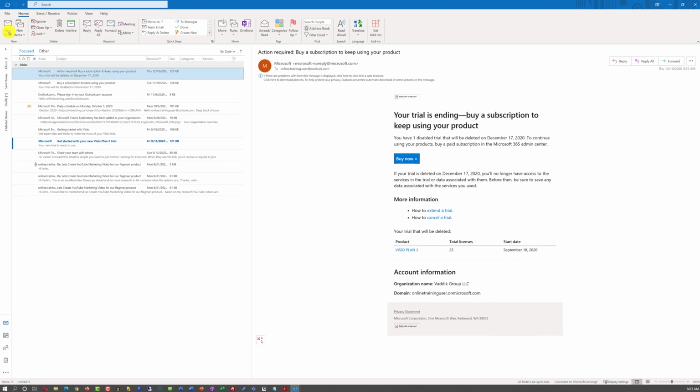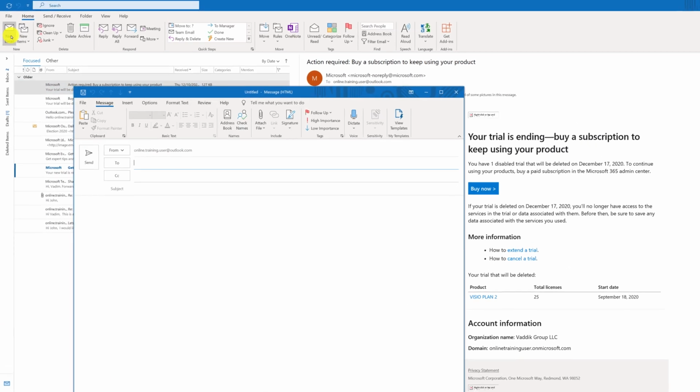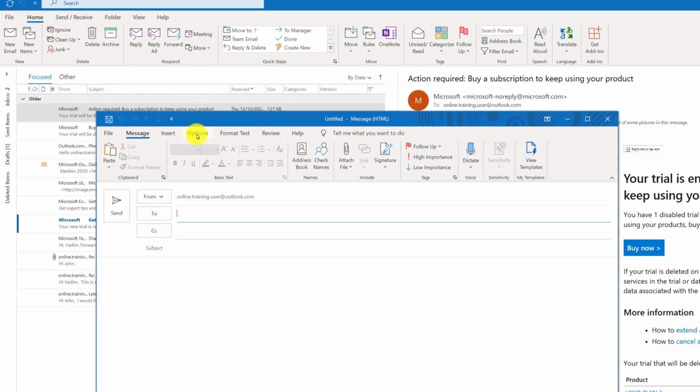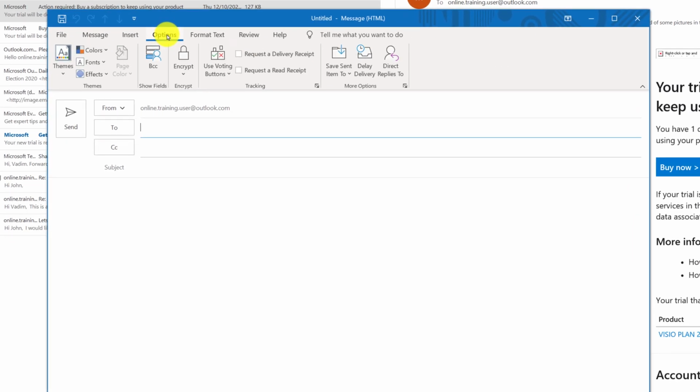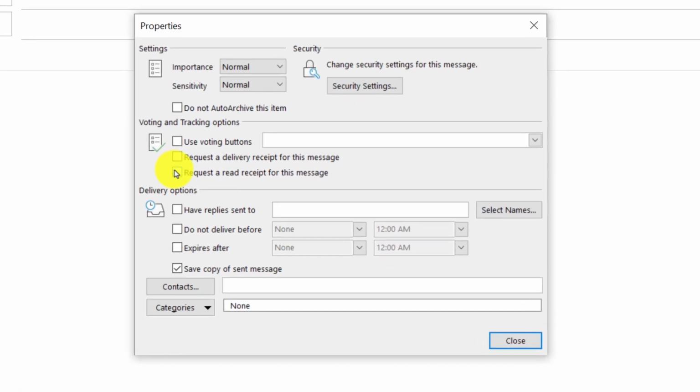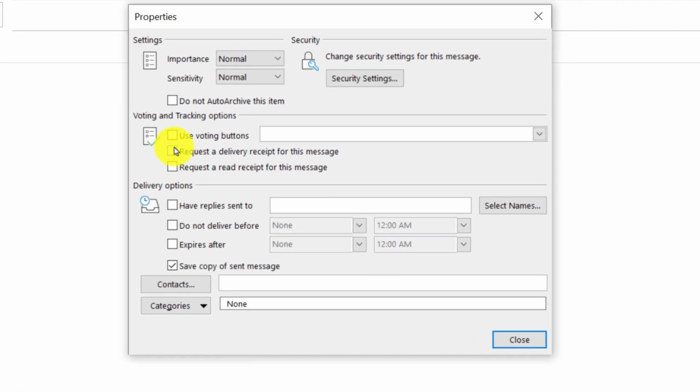When you create new email message in Outlook, you have options of how the message will be delivered and tracked. To configure these options, you need to navigate to the Options section. Here, in the Tracking section, you need to expand and go to the Details. There are a lot of different choices that you have, so let's look at each one of those in more